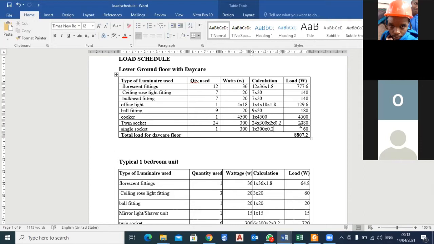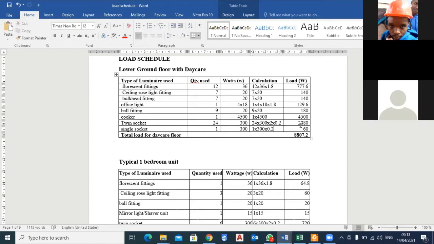Another rule of thumb that we normally use at Public Works is that your circuit of a socket should be within an area of 100 meters square. It should not go beyond 100 meters square. Sometimes we normally have big projects zinaenda ziko na distance kubwa. So inamaanisha usiweke circuit yako